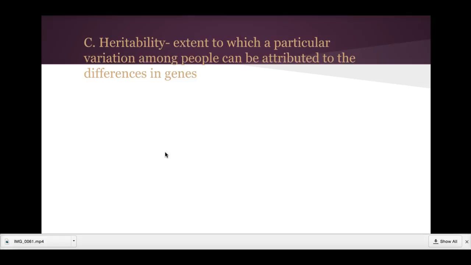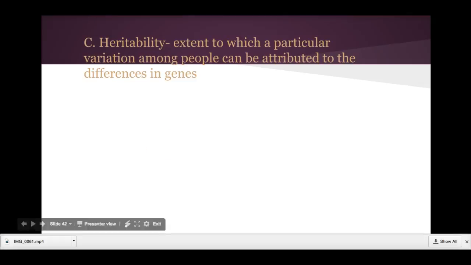Why is it that, for example, we have a group of people who are all tall, and then a bunch of people who are all short, and then medium height people? Why is there a difference in people's heights? Why do some people develop depression and others do not? Why do some develop schizophrenia and others do not? Heritability looks at the differences between people, and asks whether those differences are a result of genes.